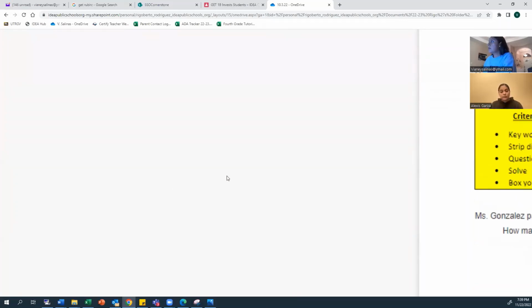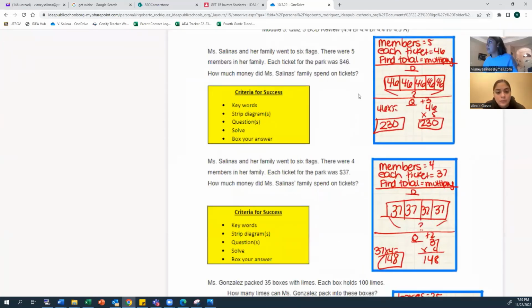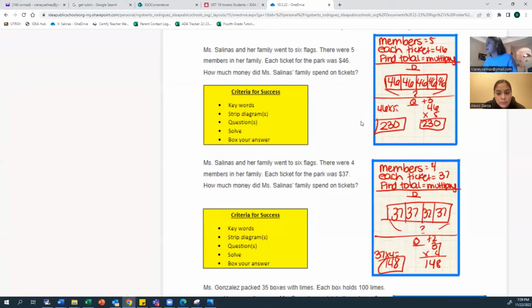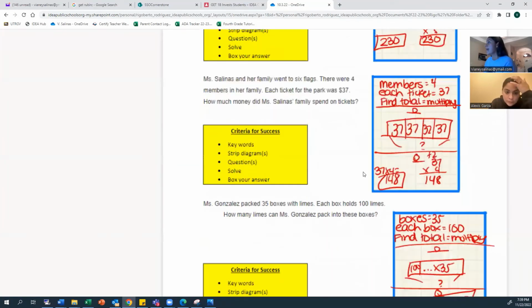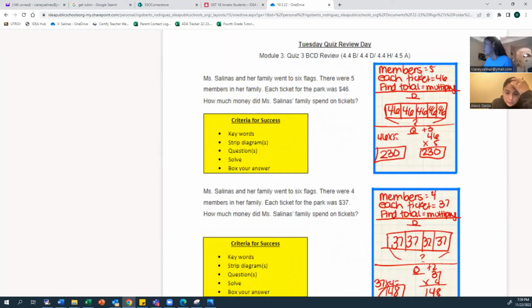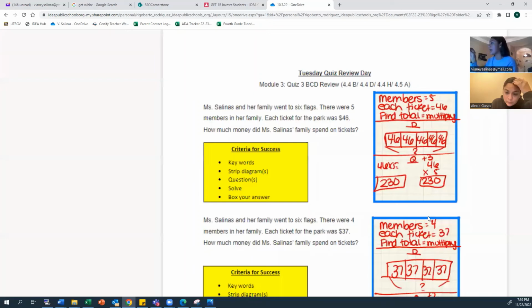All right, so let me show you something right here. This is a 4th grade review, and I feel like it's kind of the same scenario as you. This is how the 4th grade teacher has her annotations. These are her expectations for every single problem. And if you notice, the form of how she is doing it stays the same for every one. So she made a note-taking process that will never change, regardless if it's multiplication or division. What does change is